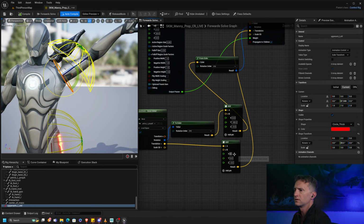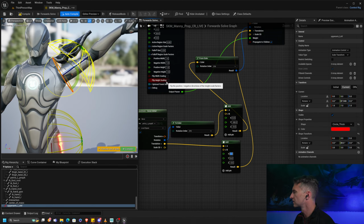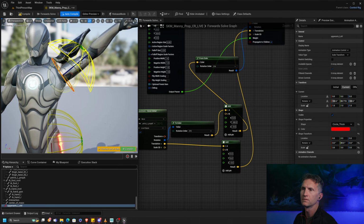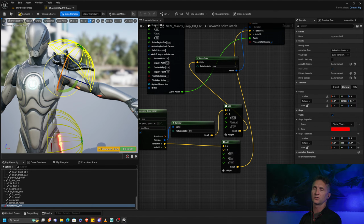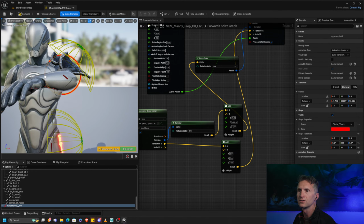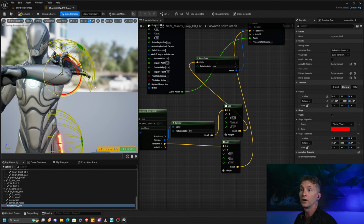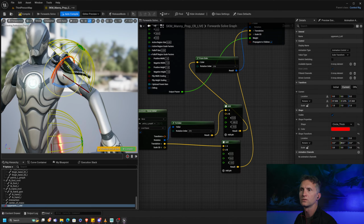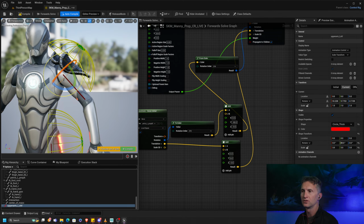Okay, so let's see here, 6. I think that's better placement. So now we can drive this pauldron, okay? Now, this is where it gets tricky. So far, we've just done the same thing that we did with the hip. The problem is that as we rotate this forward, it does nothing. And also as we go down, it does nothing. Wouldn't it be cool if there was a way for us to handle each of these other axes as well? And there is,